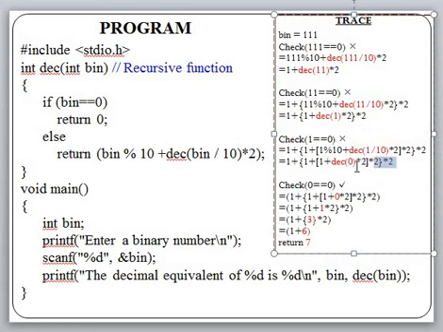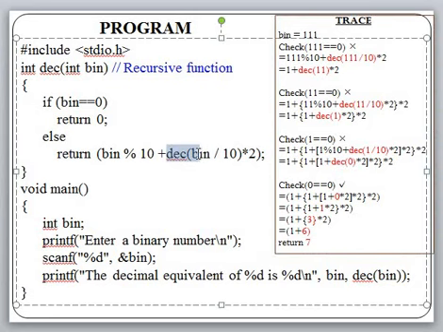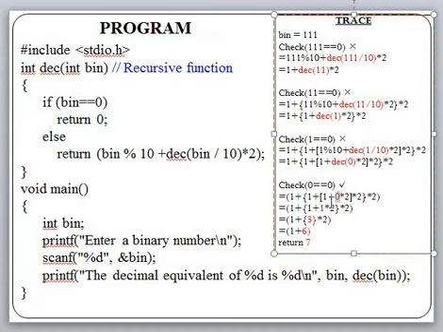Finally you can observe that in this statement we have DEC 0. So DEC is calling itself because of this statement, and control jumps from here to here. So now bin is nothing but 0. Now 0 is compared with 0. Is it equal? Yes. Yes means it will return 0. Because the condition is true, it returns 0. The computation goes in this fashion. It is 1 plus 1 plus 1 plus 0 into 2 into 2 into 2.